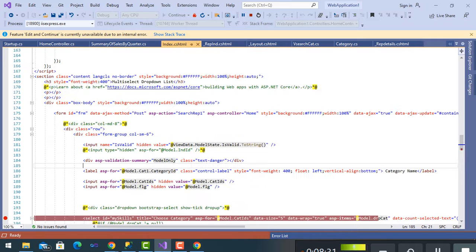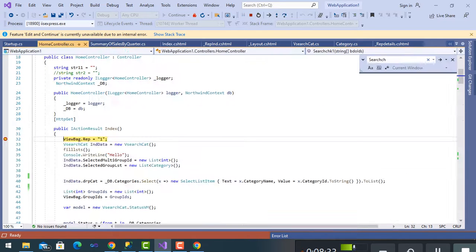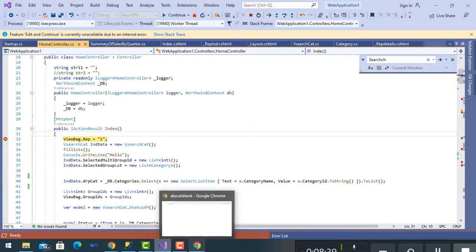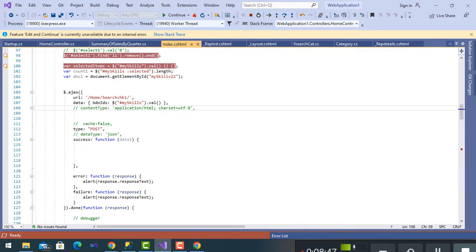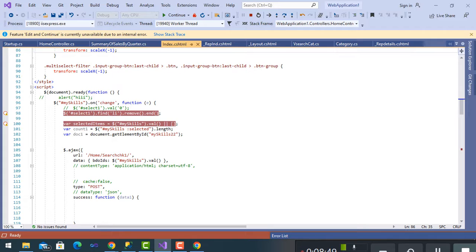We said before that the first drop down list loads at once for the first time. As in the first drop down list, we will take the value of what I selected here in